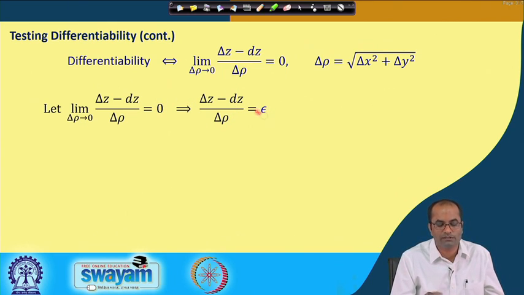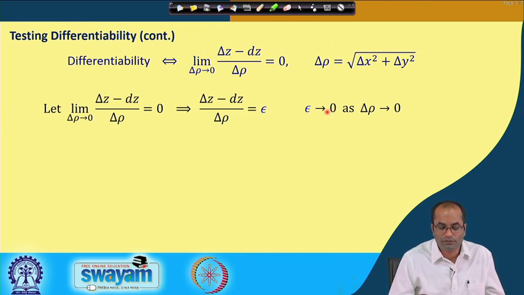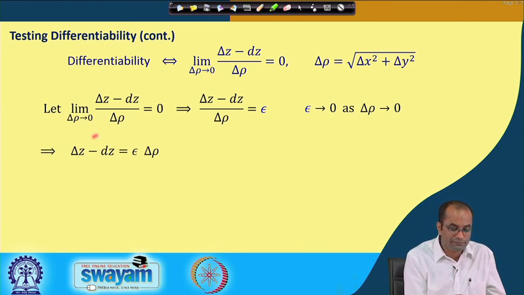So the epsilon must go to 0 when we take the limit as delta rho goes to 0. And if we now take this term to the right hand side,